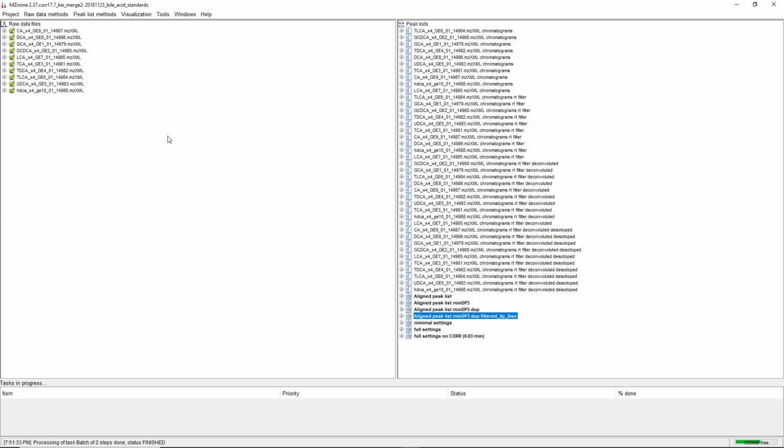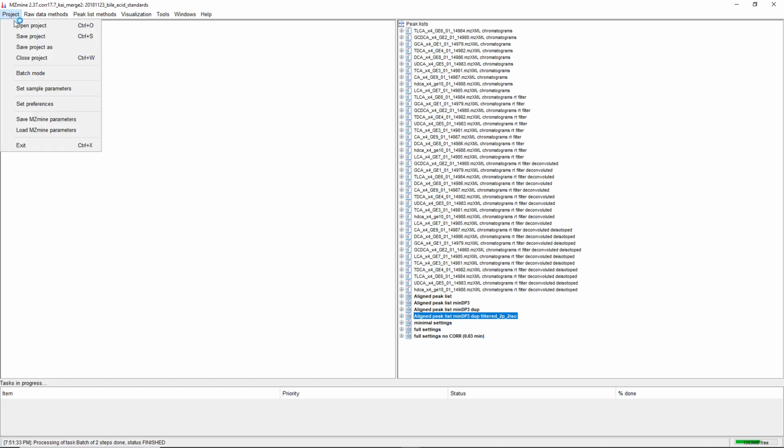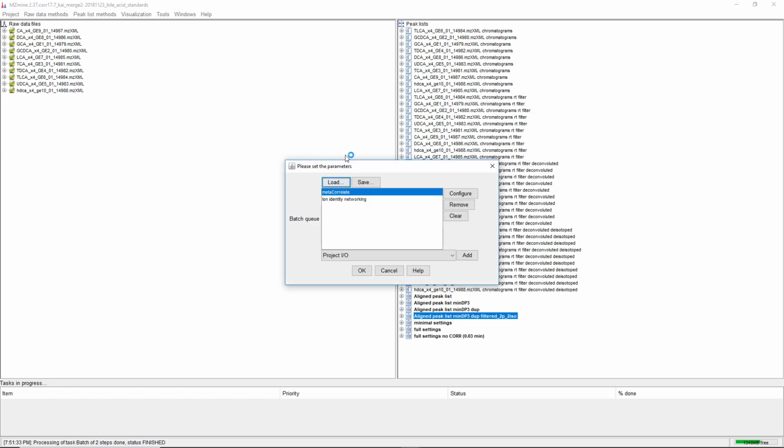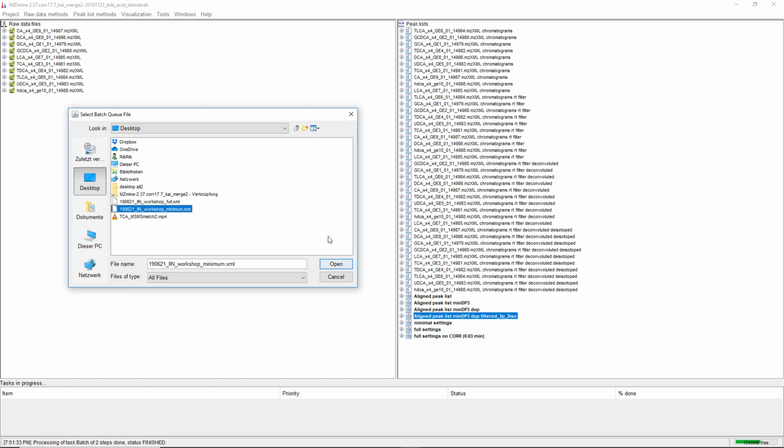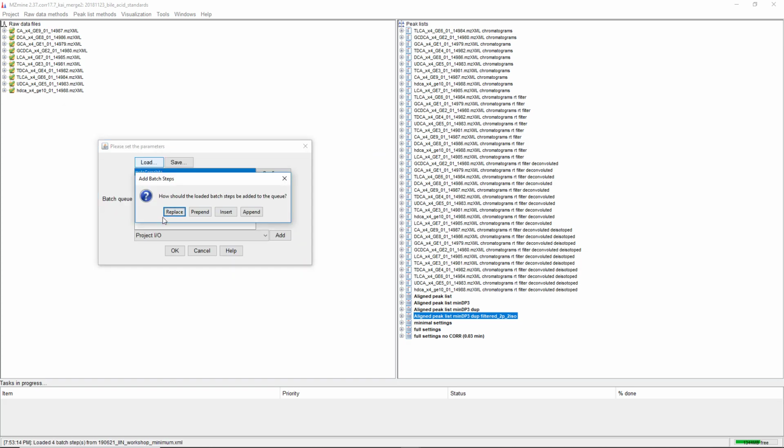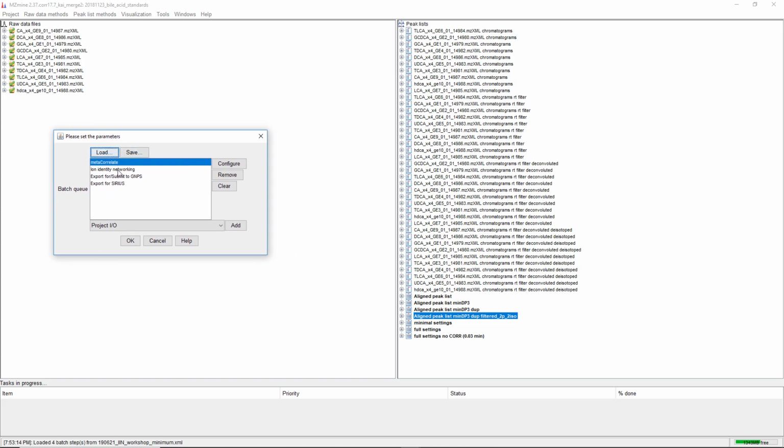This video is going to explain the crucial steps in ion identity networking and then the whole workflow for the article. And for this, we're going to use the batch mode. So we open up the batch mode and load the minimum requirements for ion identity networking in a batch file. And here we can see that we only have to take 2 steps before we submit the data to GMPS